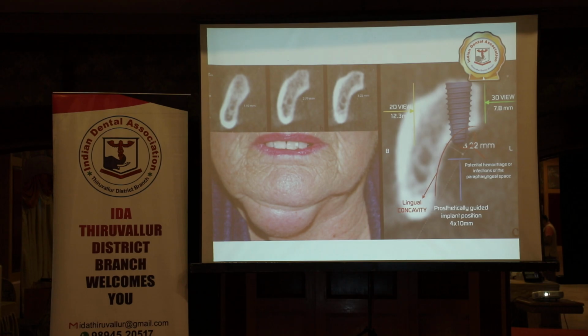But what is the minus? The bleeding here will be in the oral cavity. But what about the bleeding there? That blood will slowly accumulate in your parapharyngeal space. The patient will come with a swelling in the floor of the mouth. It can even lead to Ludwig's angina, compression of the airway. The first thing you have to do is admit the patient in the hospital. And if it is mild, you are okay. If it is very severe,